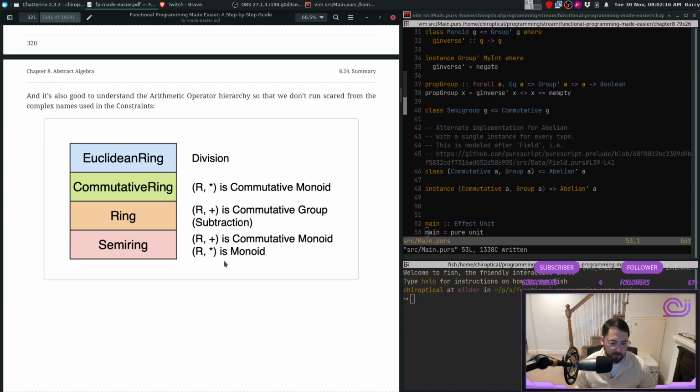All right, so anyway, we got R with multiply is a monoid. Some set R with plus is commutative. And then the ring adds subtraction, and R with plus is a group, so it can be inversed. And then a commutative ring